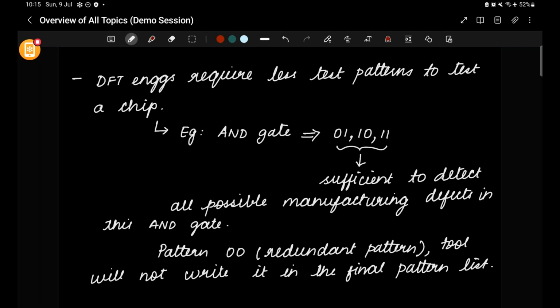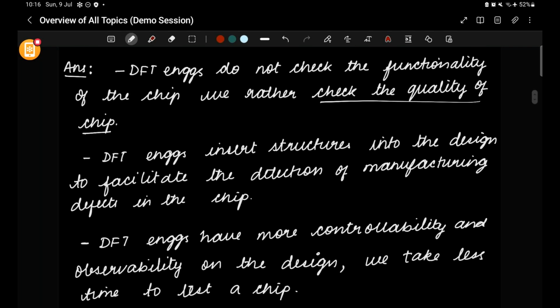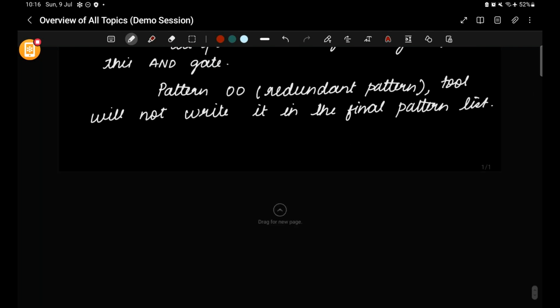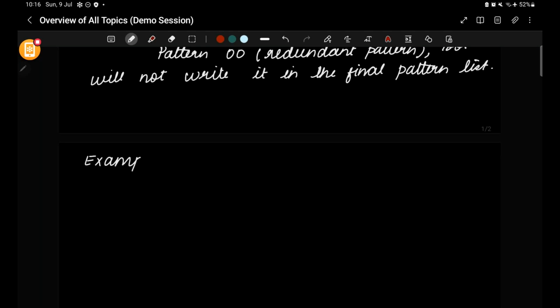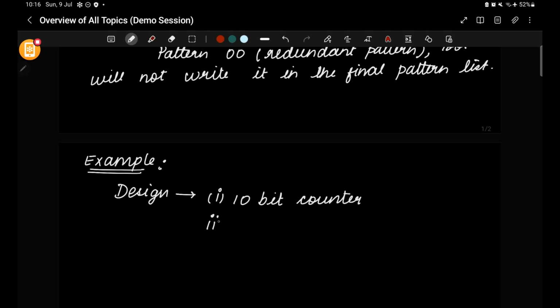In order to justify the first three points, let me consider an example. So this is your design. In your design, you are having a 10-bit counter, then you are having a counter initialization circuit,